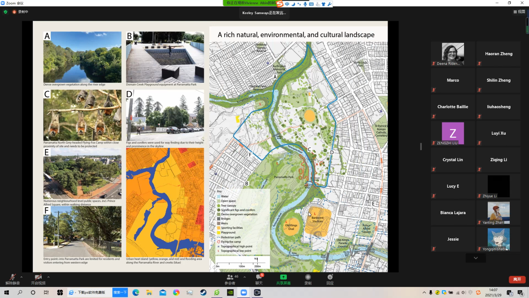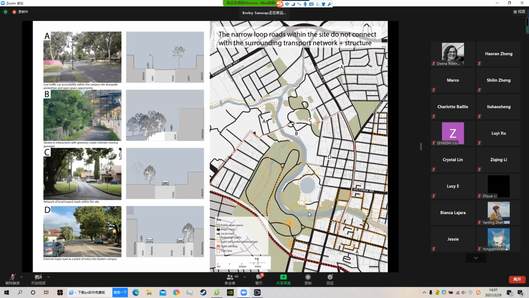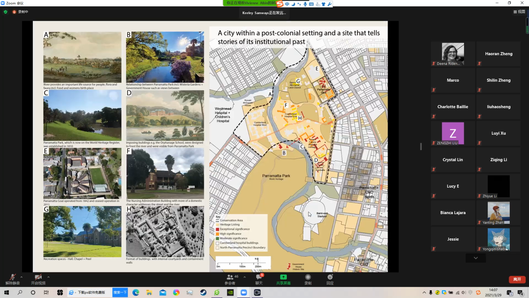There are many significant trees throughout the site, including fig trees along the river that are home to a protected camp of bats, a few remaining Aboriginal scarred trees at the southern end of Parramatta Park, and a row of heritage listed trees along Fleet Street to the east. The site's location on a topographical low point and its proximity to Parramatta River also means the site is prone to flooding. And as we've seen in the past few weeks, this has the potential to cause widespread damage and